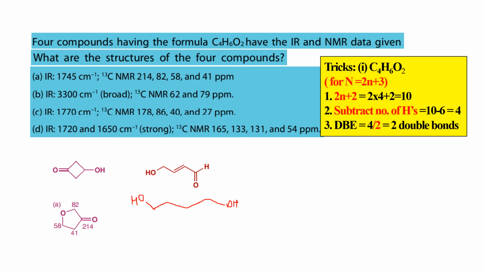Then what is another way to get the symmetrical one? Another thing is, if a keto group is there, the compound will show a peak nearly at 1700. That is also not there. So a double bond is not possible. And what is the other way? Alkene. If an alkene group is there, the C13 will show above 100, like 130. That is also not there. So double bond is also not there. Keto group is also not there. Ring closing is also not there.